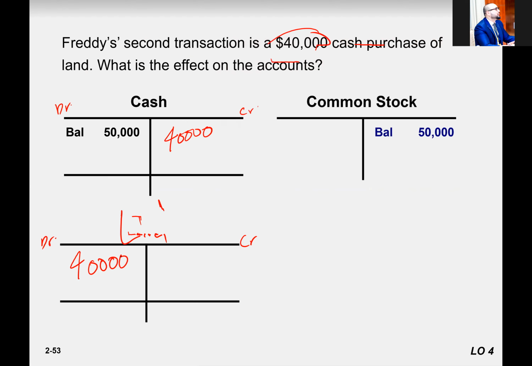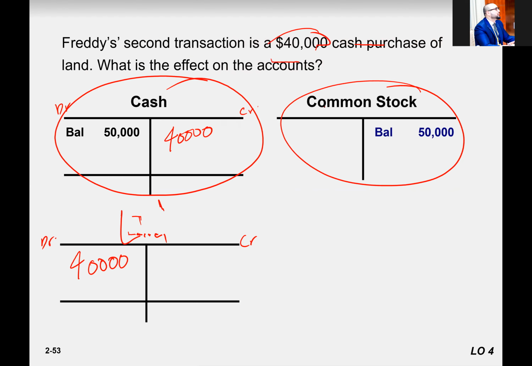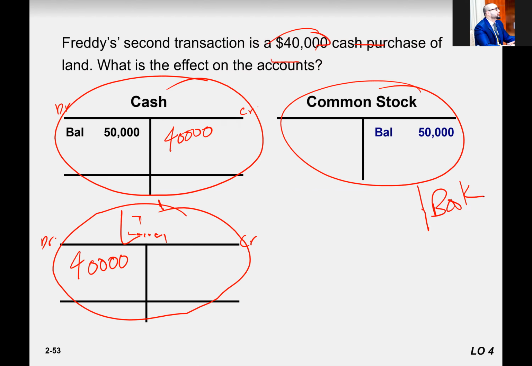Right? So this is how we maintain the accounts, how we open an account. We write it down. In companies, these are like books. This is the common stock book. You open that book and write it down on the left side or the right-hand side, credit side or debit side. There's a cash book. You open that book and write it down over there. So there is a physical book.